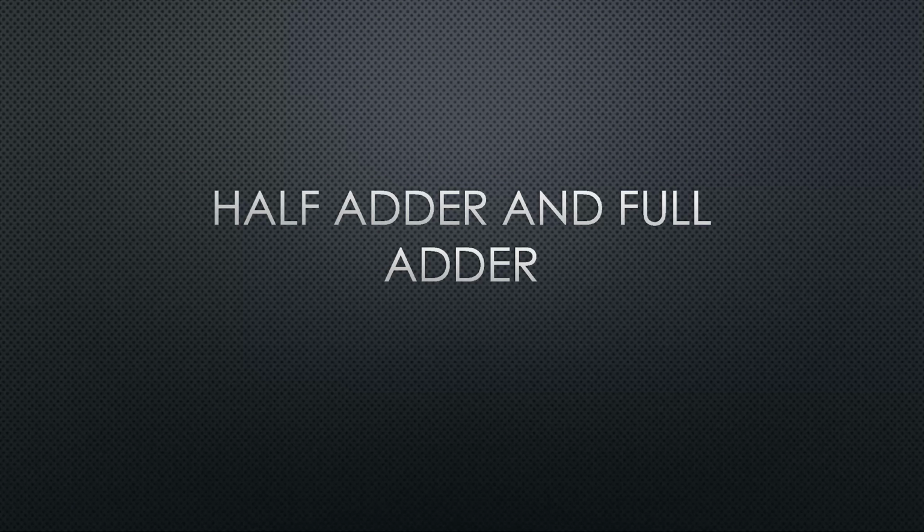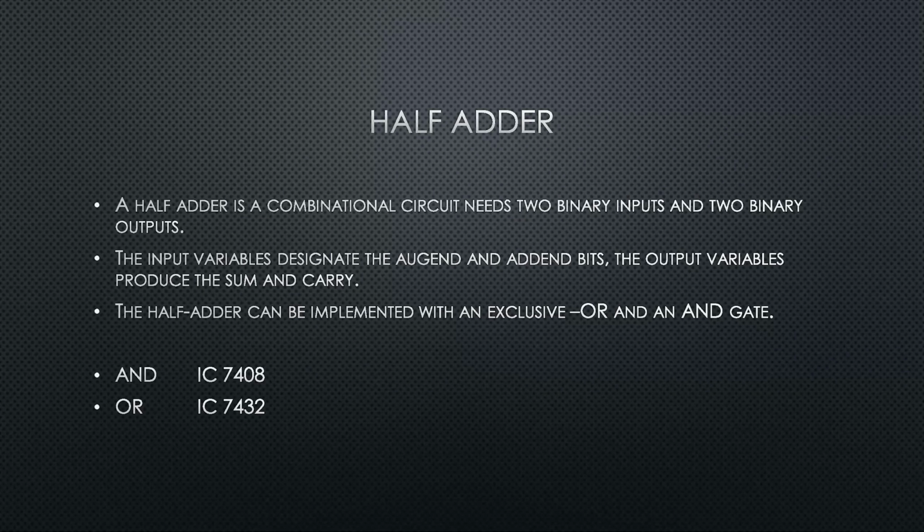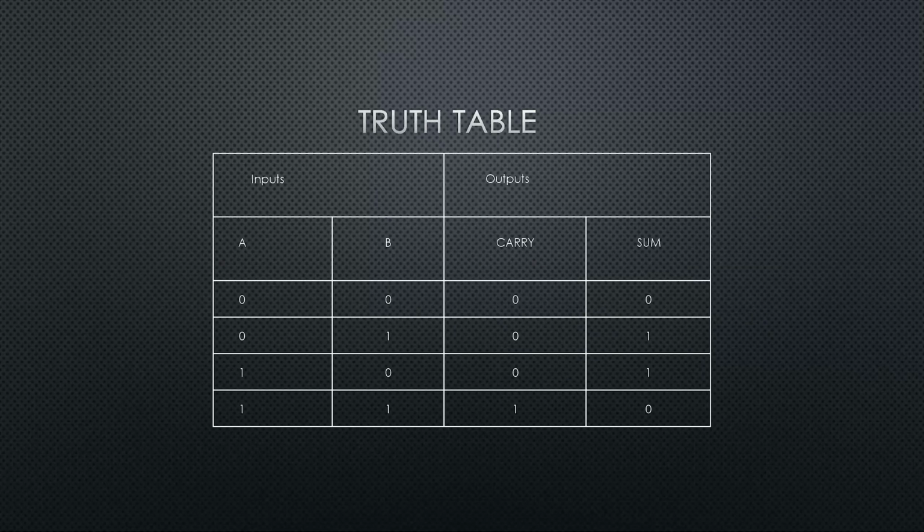Hey guys, now we are going to see about the half adder and full adder. First, we are going to see the half adder. A half adder is a combinational circuit that needs two binary inputs and two binary outputs. The input variables designate the augend and addend bits. The output variables produce the sum and carry. The half adder can be implemented with an exclusive OR and AND gate, and their IC numbers are AND IC 7408 or IC 7432. And this is the truth table,